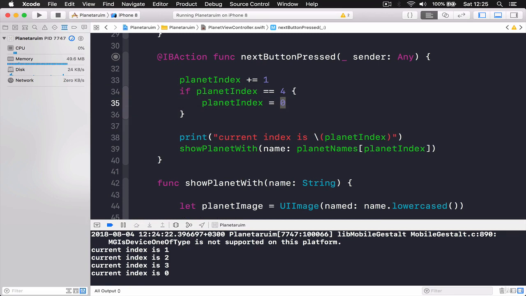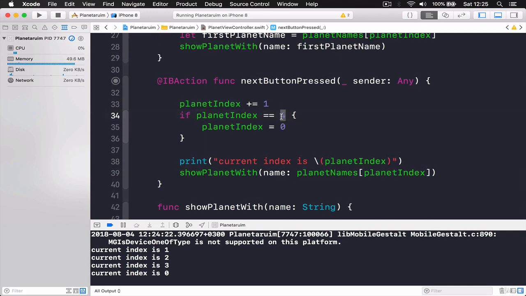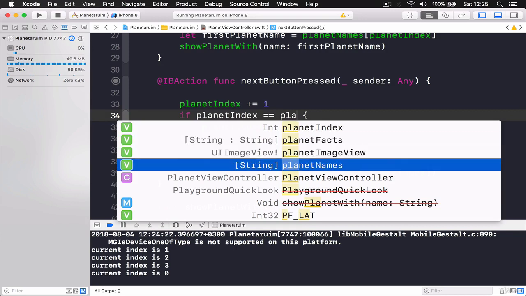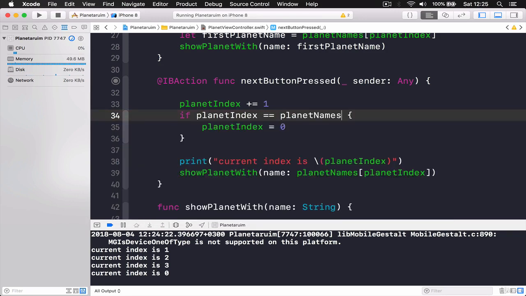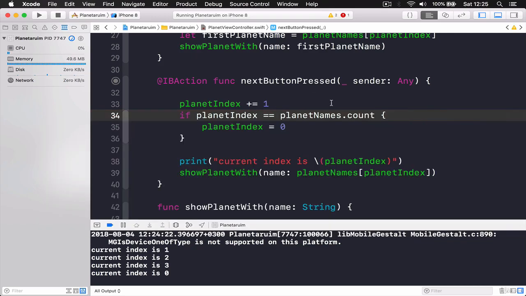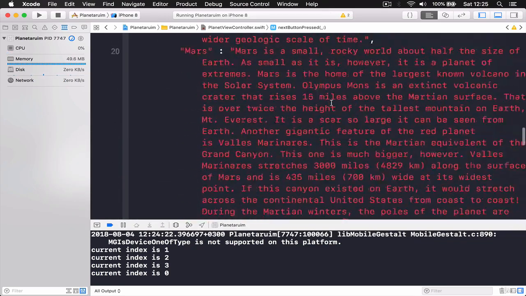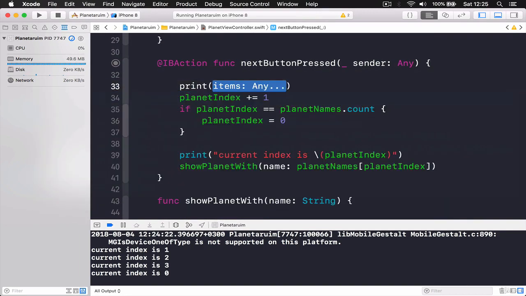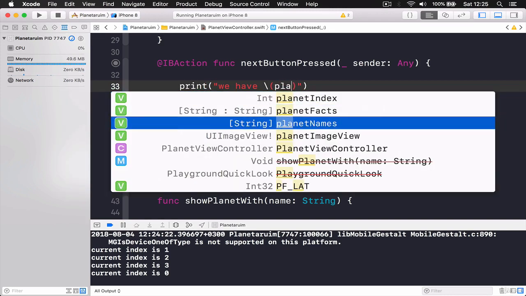So what we are going to do here is to convert it to dynamic. So instead of hard coding number 4 here, we are going to actually count how many things we have in our array. So if I access my planet names array, then I can say dot count. This returns an integer, and it basically goes and counts how many objects we have in our array, and it returns the number of our planet names. So if I say print and say we have, and then I put number, which is planet names.count